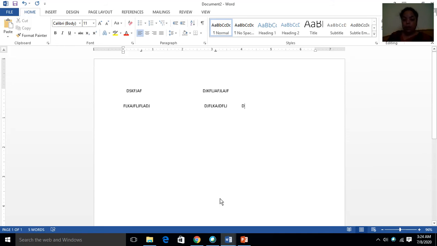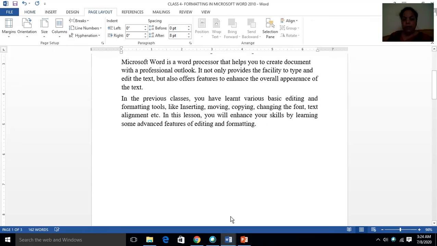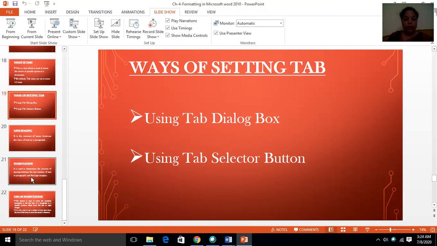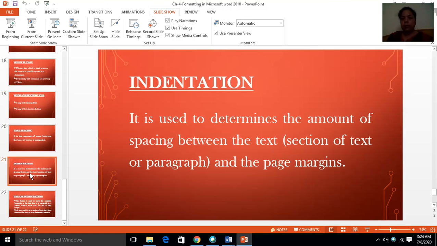Now the another topic of this chapter is indentation. What is indentation? It is basically used to determine the amount of spacing between the text, meaning a section of text or paragraph, and the page margin. In your book or in your copy, if you have seen, from where my line is starting, before the line you can see the space.